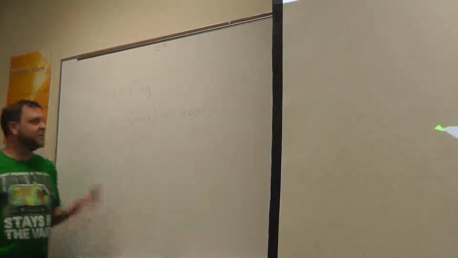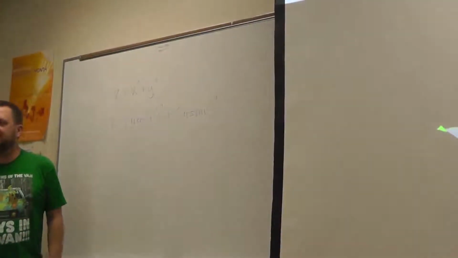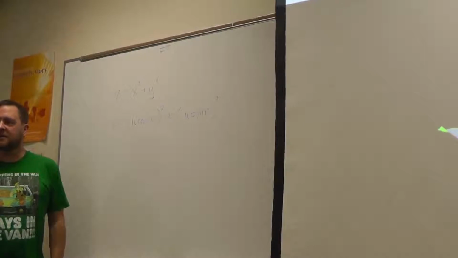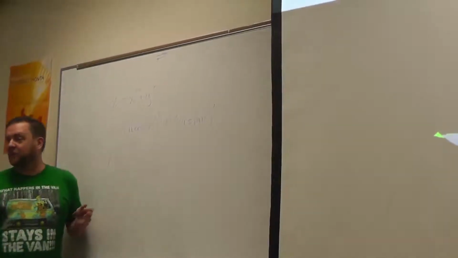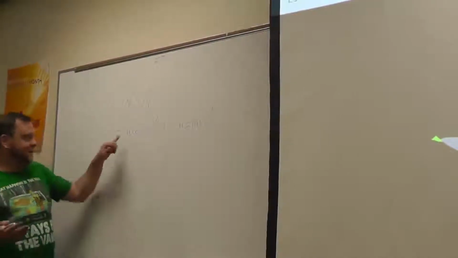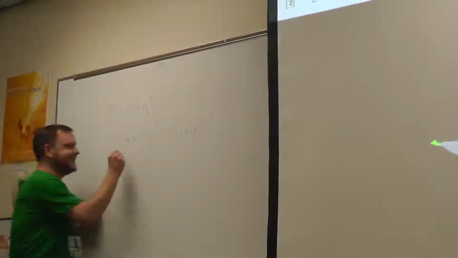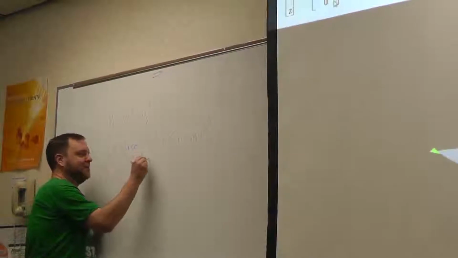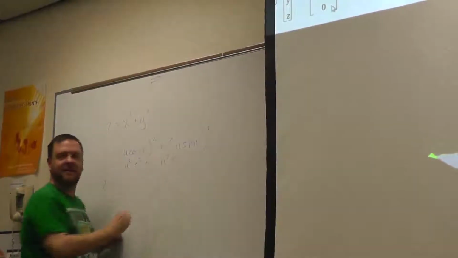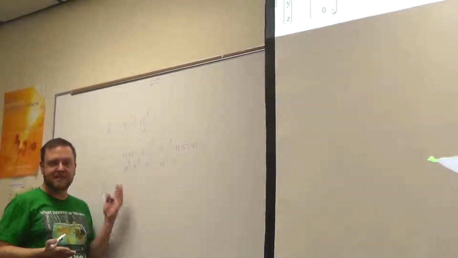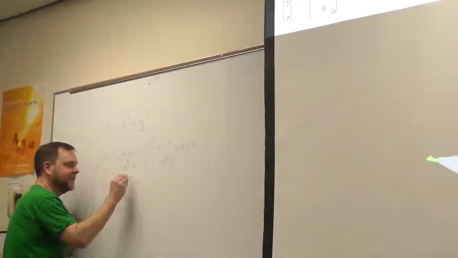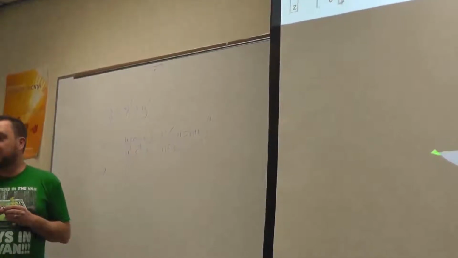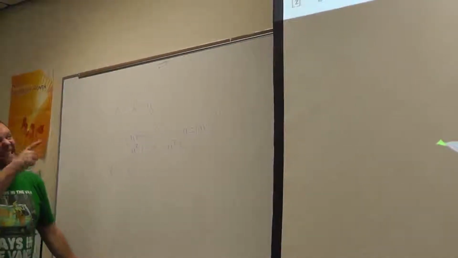You plug in u cosine v for x and u sine v for y. They're squared. So what kicks in here? What does this eventually simplify to if you simplify it correctly? R squared. Well, you're thinking in polar, which is fine, because we've likened u here to polar r. Since that becomes u squared cosine squared v plus u squared sine squared v, if you factor the u squared out, the cosine squared plus sine squared combo goes to 1. So you designate z here to just equal u squared.